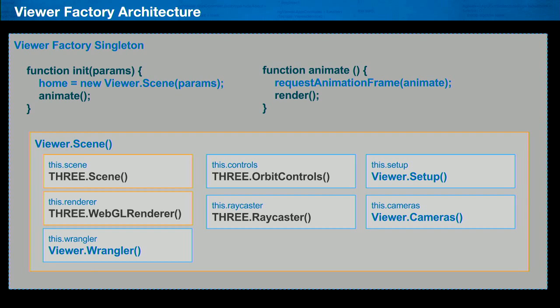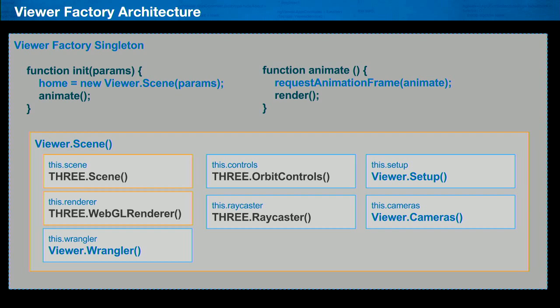This is what creates the render loop. Inside the viewer scene, this is where I store all these subclasses that are 3D related. The three scene is essentially just an array where we put all the 3D objects that need to go into the scene. In the render loop, that scene graph is parsed, which creates the fake realism of a 3D environment.